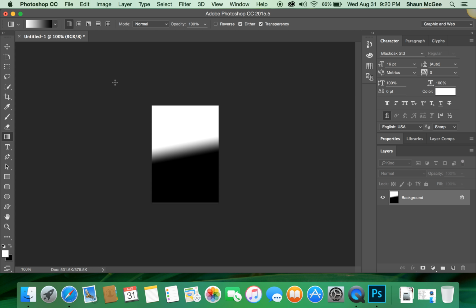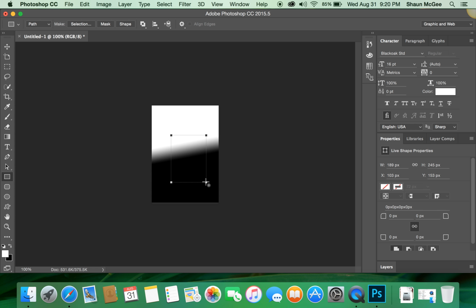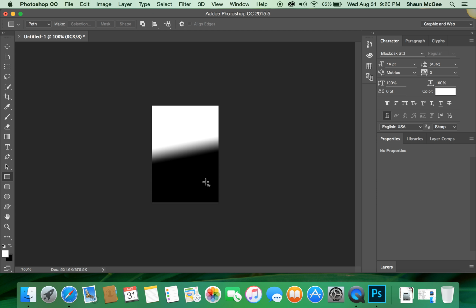Now there are a few ways you can do the path, where you can add shapes or custom shapes, but the tool that I like the best right now would be the